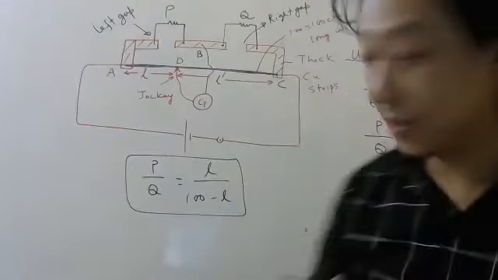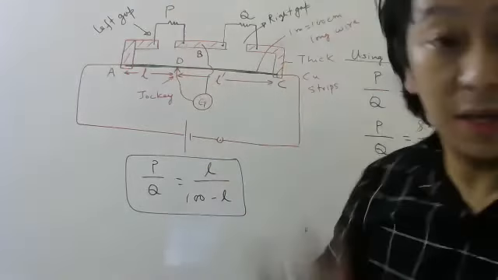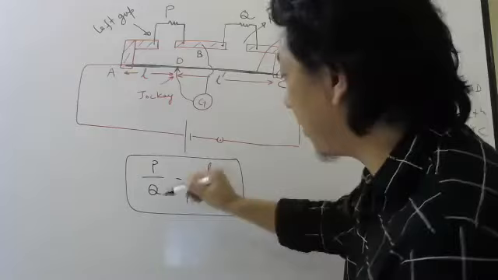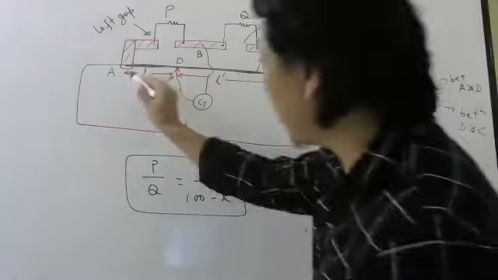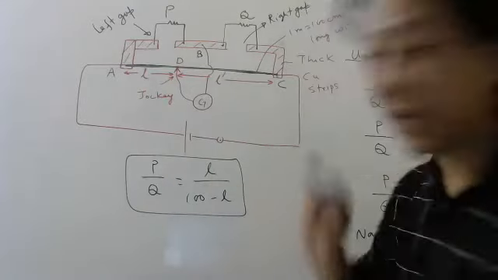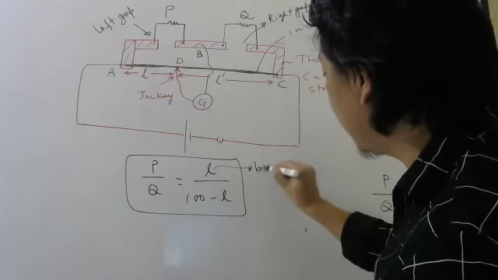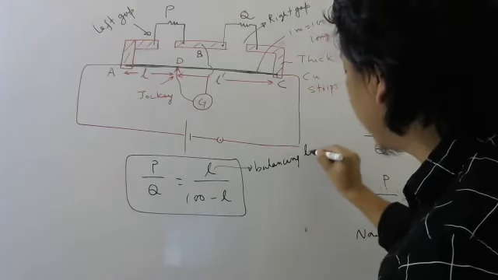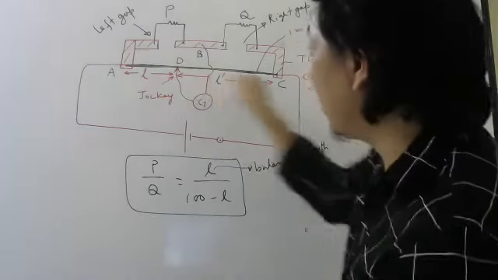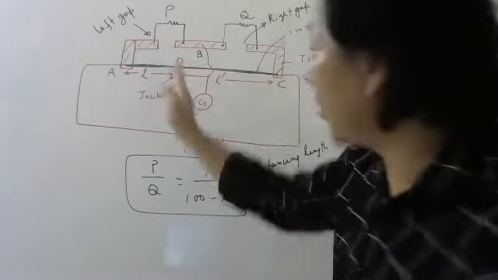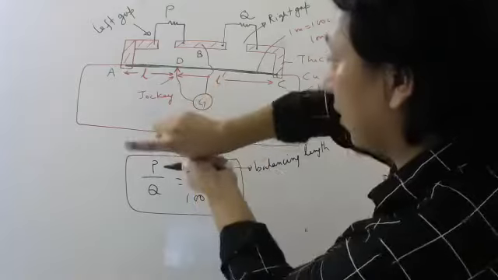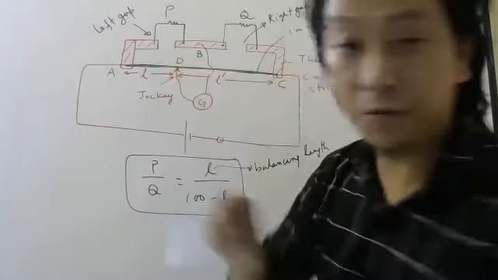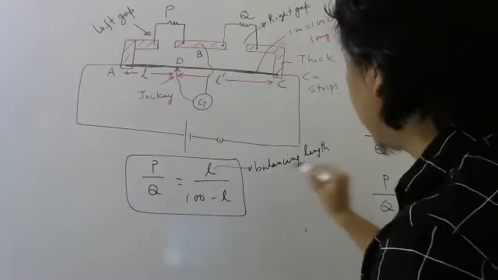So students, the way I want you to remember this formula is like this. Resistance on the left gap divided by resistance on the right gap is equal to length measured from the left end, divided by 100 minus L. And this L is called balance length or balancing length. So you have to move the jockey till the galvanometer shows no deflection. When you are on this side, the galvanometer may deflect this way. When you are on this side, it may deflect the other way. So somewhere in the middle part, you should try to find the balance point. Okay, so balancing length is L.